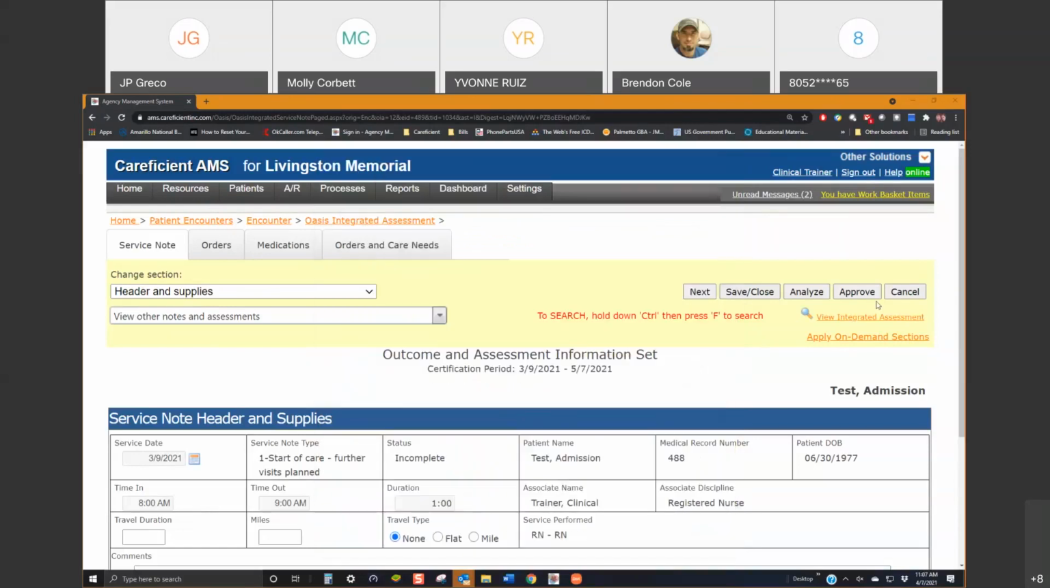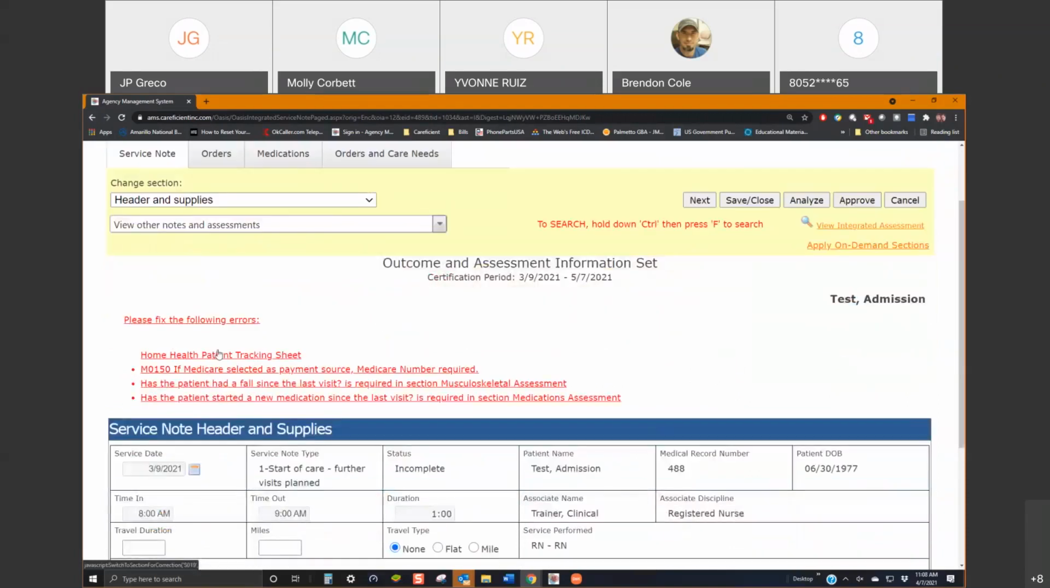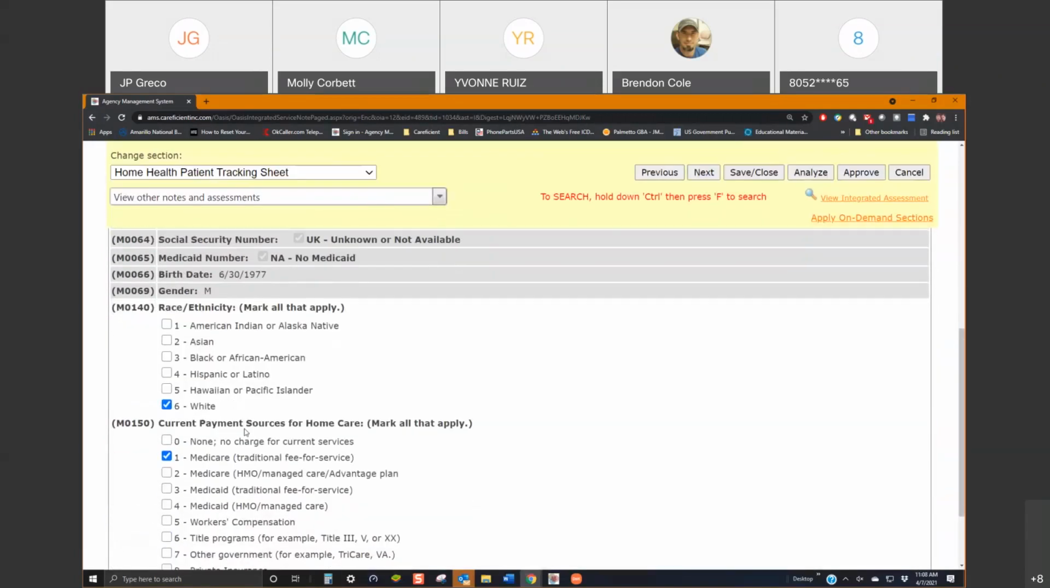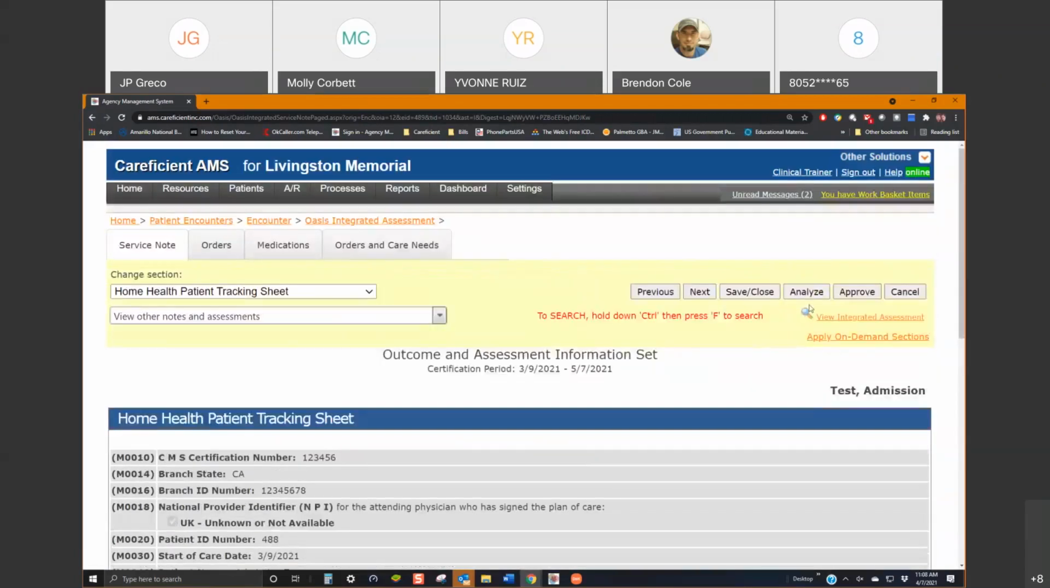The next thing you would do, if everything looks good and you made all the corrections you might need to have made, is choose Approve on your service note. If there are any errors, you're going to get these errors right here. You can click on the errors, and it'll take you directly to where that information needs to be completed. Again, this is because of the Medicare number, and I marked it as a Medicare patient. But that's all you do. You approve your note, and then you'll be done with it,